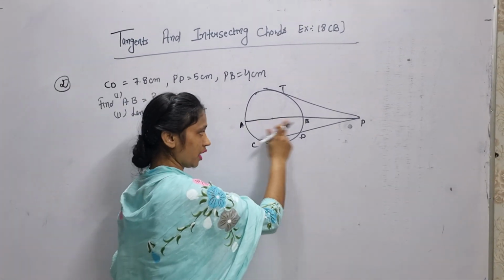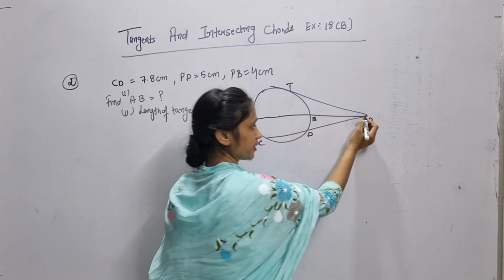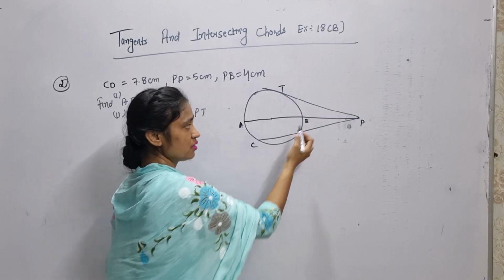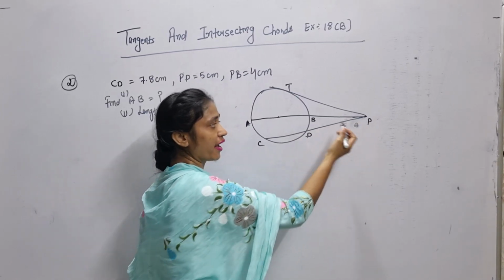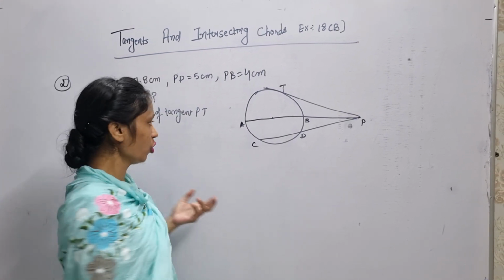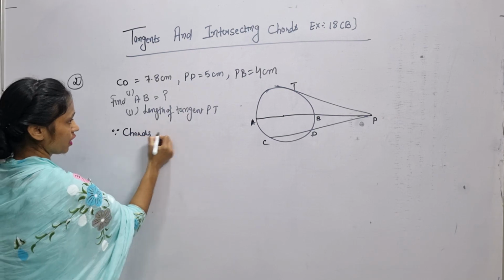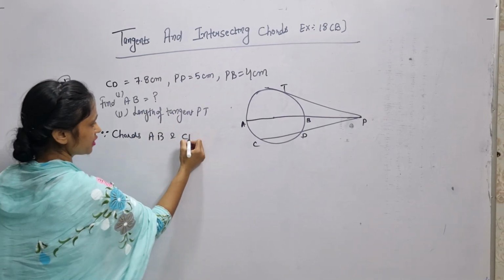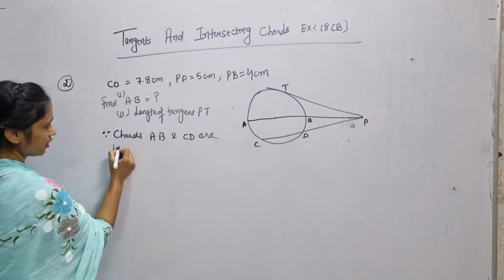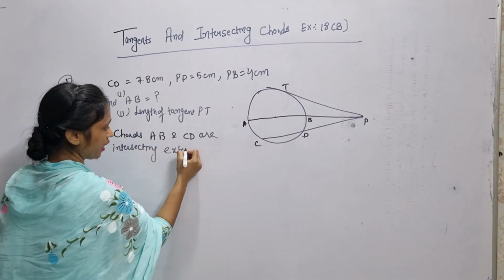These two chords AB and CD are intersecting externally, means they are meeting at an external point, a point which is outside the circle. Okay, so because chords AB and CD are intersecting externally at P,